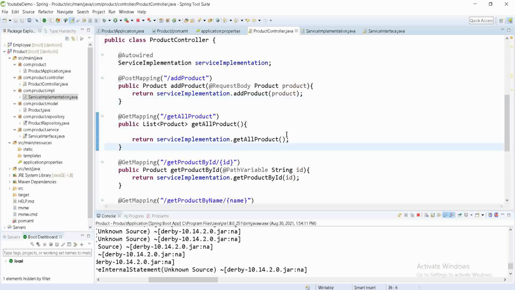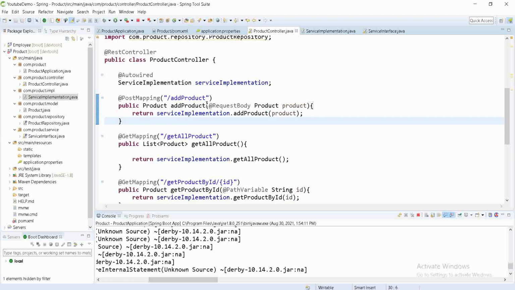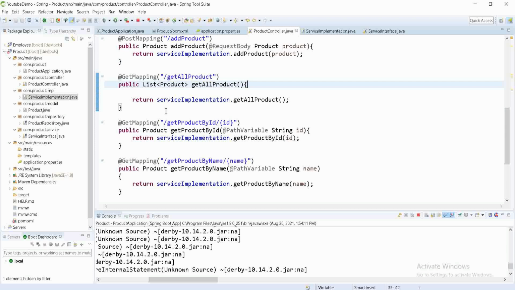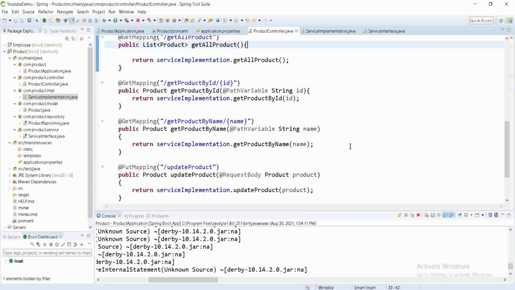Then we have converted our application into the MVC architecture by creating one more service interface and service implementation. So I think this is enough to understand how to create REST APIs and how to perform CRUD operations, like create, retrieve, update, delete. So this is enough to understand how it works.